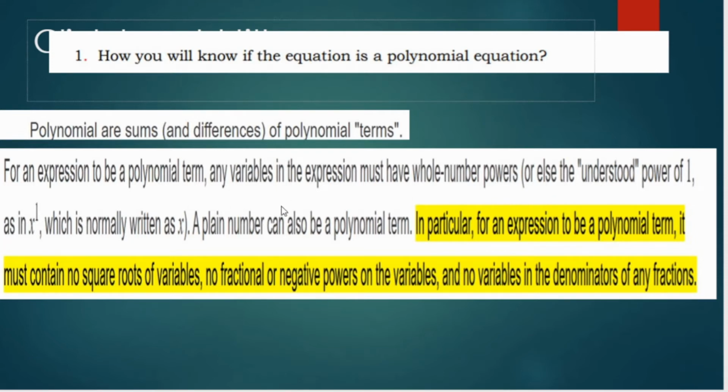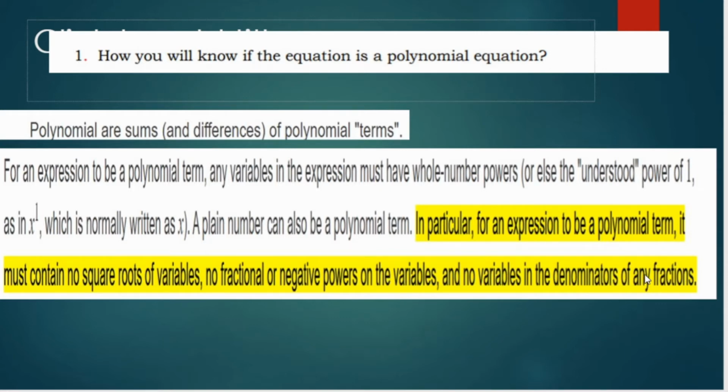Meaning to say, if we have a power of 1, which is normally written as x, that is also a whole number power. A plain number can also be a polynomial term, and the plain number is said to be your constant. In particular, for an expression to be a polynomial term, wherein you have a polynomial equation, it must contain no square roots of variables, no fractional or negative powers on the variables, and no variables in